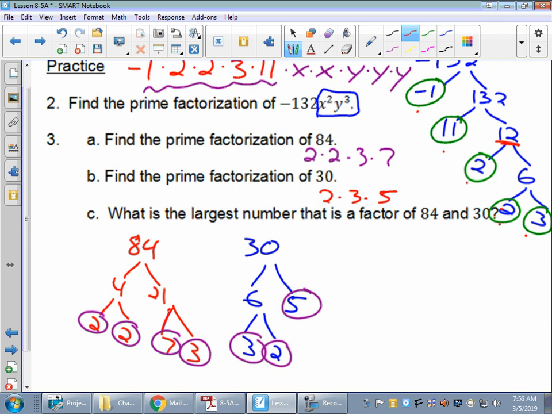Okay? Now our next question then is, what is the largest number that is a factor of both 84 and 30? So the easiest way to do this is, sure, you might just know this and be able to guess and check in your calculator, but let's take a look at both of the prime factorizations and see if they have any in common. And they do. Okay? We have a 2 here. They both have a 2, and they both have a 3. So because they are both in common,